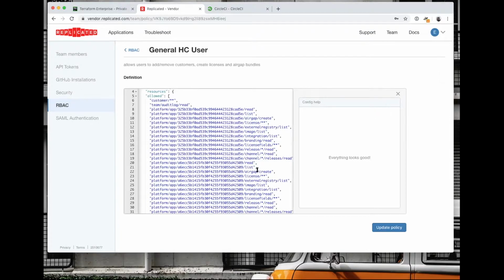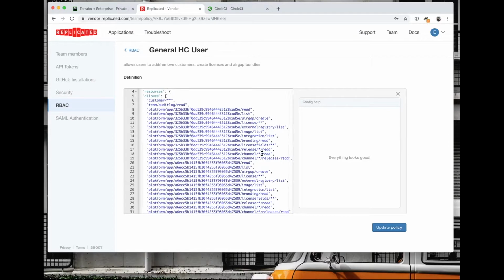In this particular instance, when we first started doing this, the way that it works now is that the SEs, as well as a small group of account managers, have access to come in, create accounts, create customers, do license provisioning, that kind of thing. Originally they could come in and add team members and all that kind of stuff. We're like, we don't really need you doing that. So this restricts down the list of things that they can do.